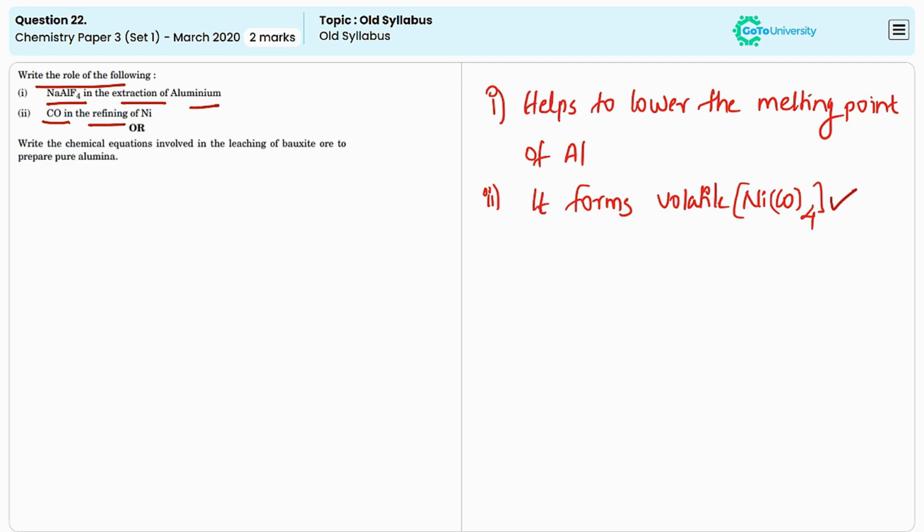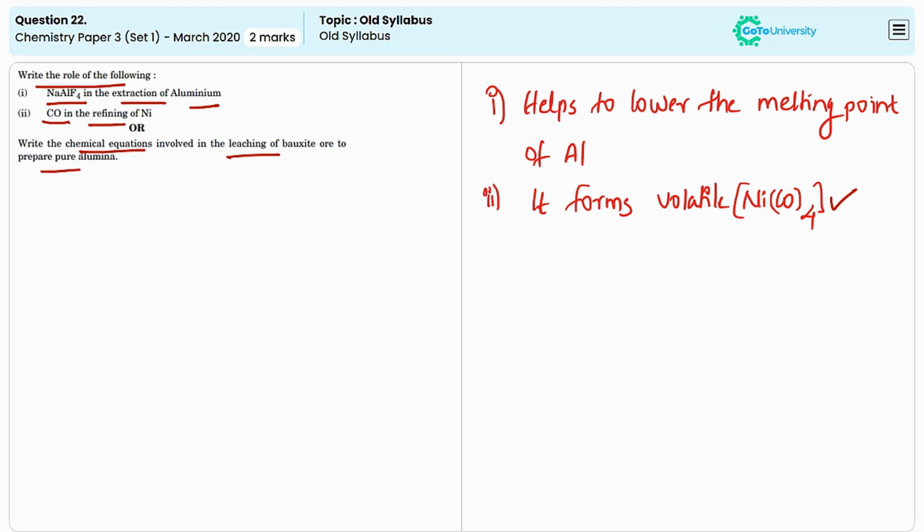This nickel carbonyl is then purified by separating it from the other impurities. The volatile nickel carbonyl is collected and decomposed to yield pure nickel. So due to the volatile nature of nickel carbonyl, we can use carbon monoxide to form this complex during the Mond process. And in the other question, we have to write the chemical equations involved in the leaching of bauxite